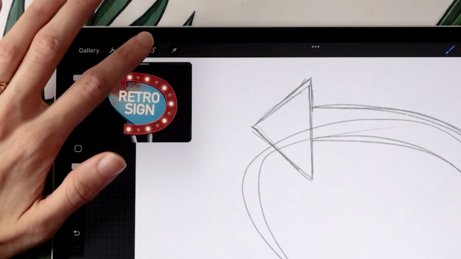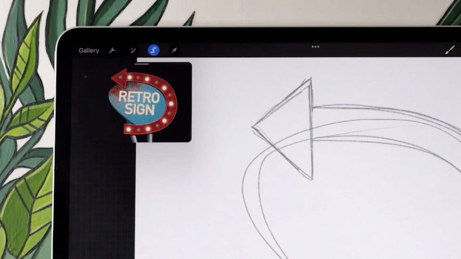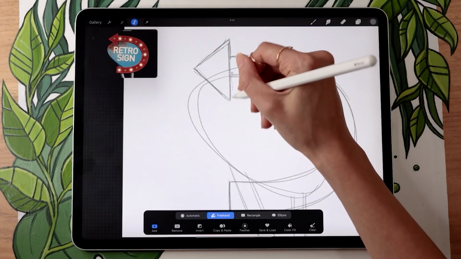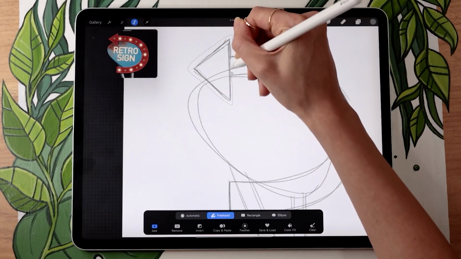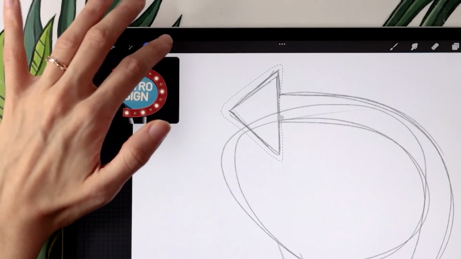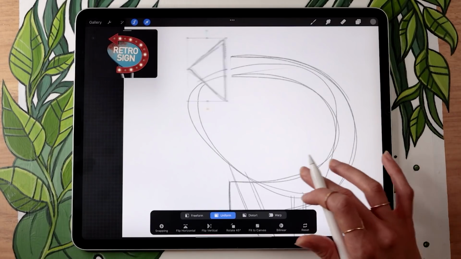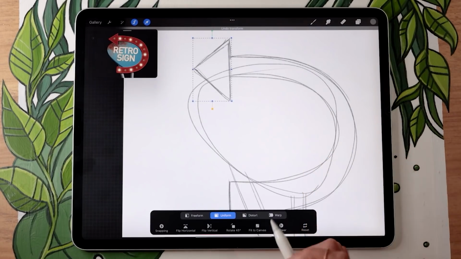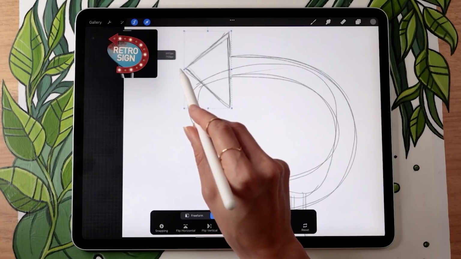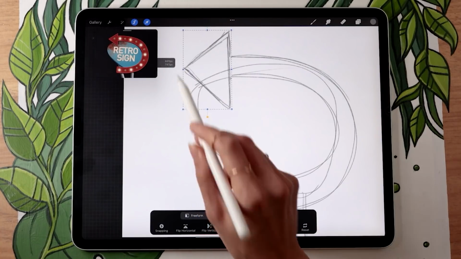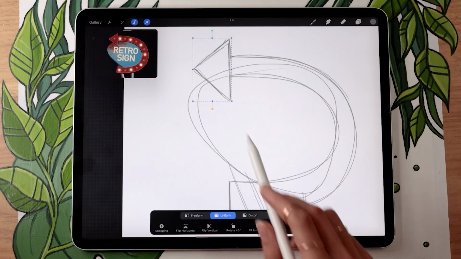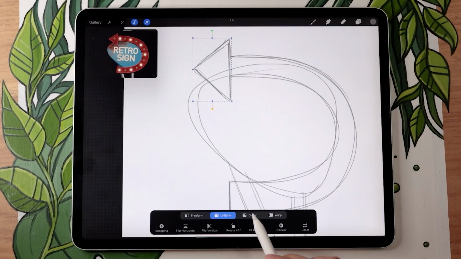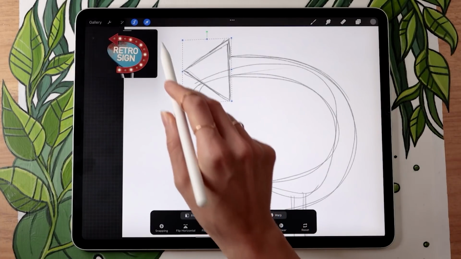All I would have to do is use the selection tool here at the top. Setting it to freehand, I could then just draw a selection around my arrow. And with the arrow tool, I can then move it around, place it where I want it to be. I could also use the blue handles to resize it and even distort it if I want. So let's say I want it to be longer, I would just set it to distort and then stretch it.